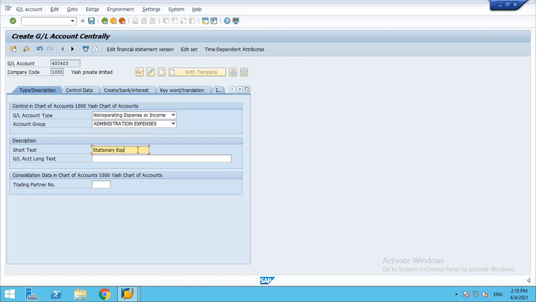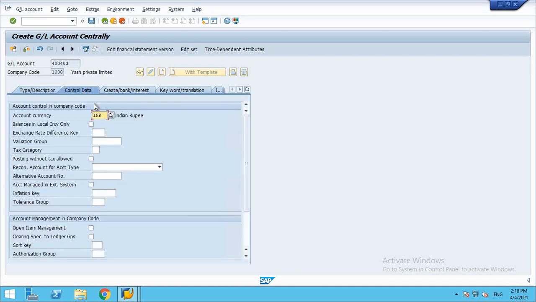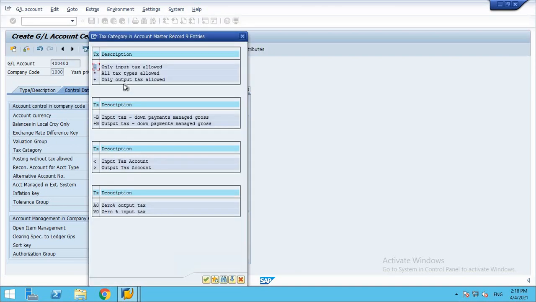The text is here. Short text is 20 characters. Long text is 50 characters. There is no difference. Here we can give currency. If you want to create any tax code, we can see the tax category. Before, we had input tax, output tax, all taxes. Now some more new options are also introduced.